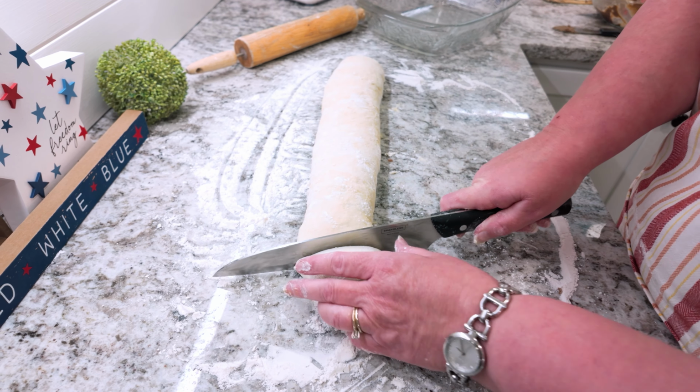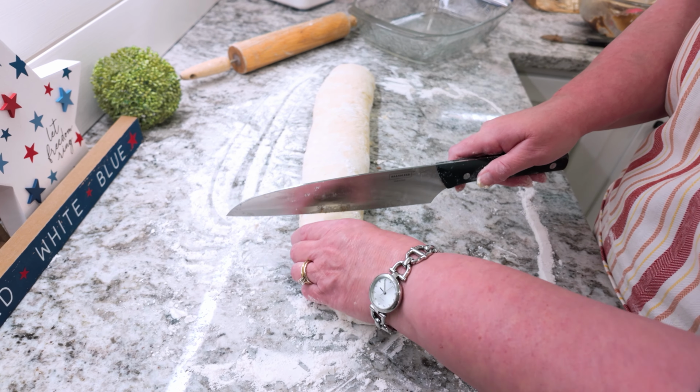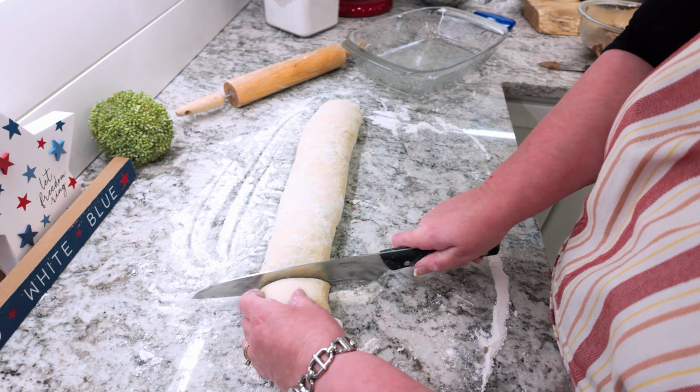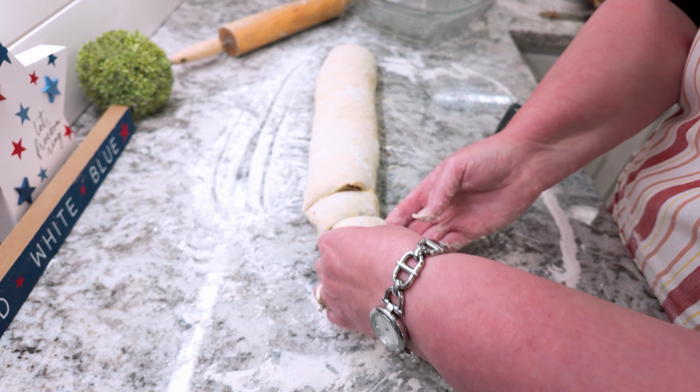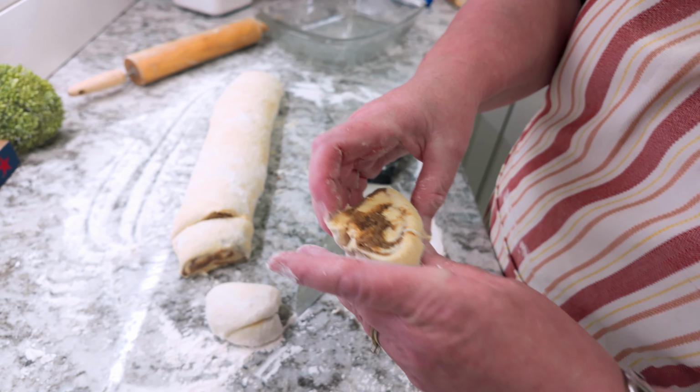Now, if you had dental floss and you wanted to use that to cut these, that's a great way to do it. Today, I'm just going to show you using a knife. So I'm going to cut off these ends. Sometimes they're the ones that aren't as pretty. And I cut them pretty good and thick, kind of like this. And then you see inside,